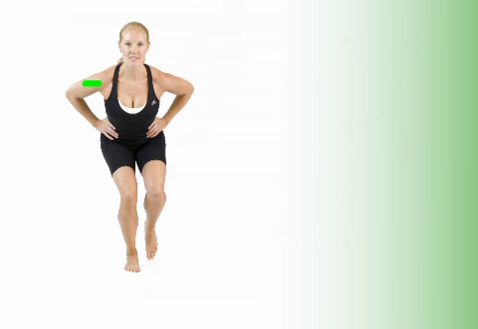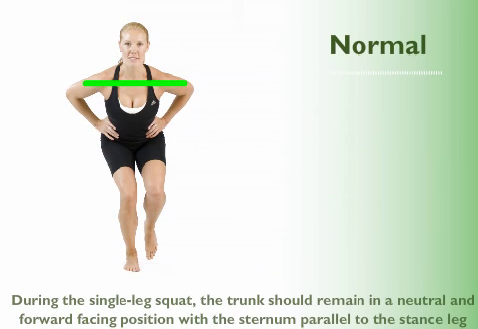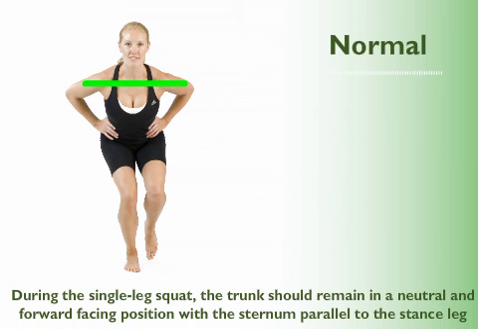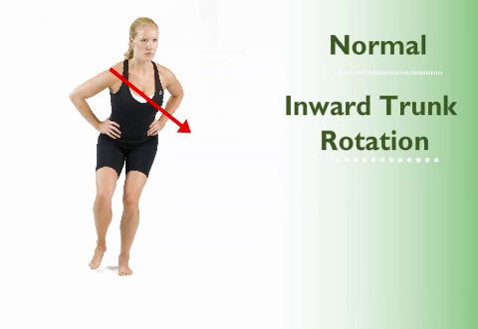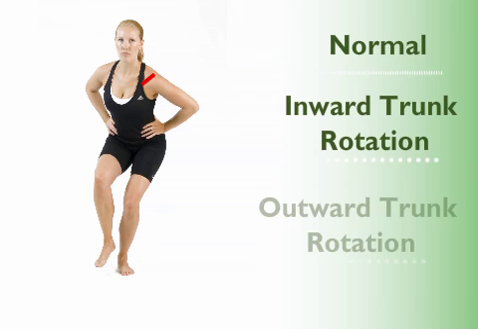The last area that will be evaluated during the single leg squat assessment is the upper body. Ideally, during the single leg squat, the trunk should remain in a neutral, forward-facing position with the sternum parallel to the stance leg. Two common upper body compensations are characterized by a rotation of the trunk. Trunk rotation toward the stance leg is considered inward trunk rotation, while trunk rotation away from the stance leg is